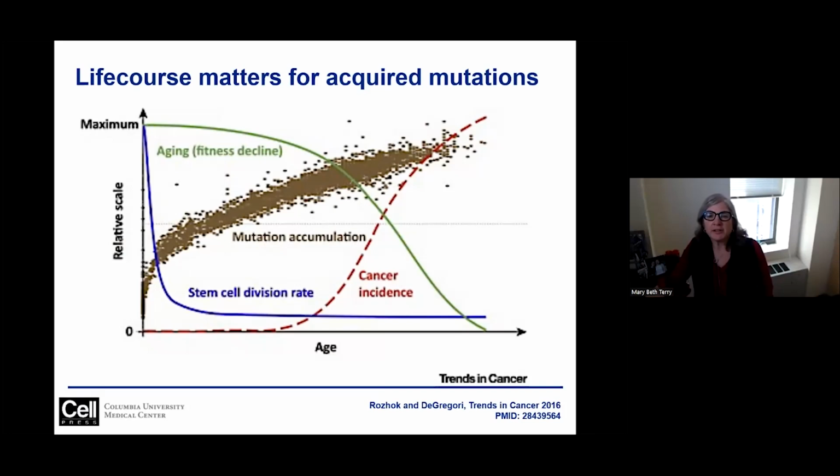Endogenous aging processes and environmental exposures that get under our skin change over the life course, which is exactly why susceptibility matters, and measurement of susceptibility over the life course is essential for understanding cancer etiology. There's a direct relationship between the cancer incidence curve in red and the aging curve in green. However, unlike this direct relationship, the somatic mutational burden, which we know increases across life, does not directly align.